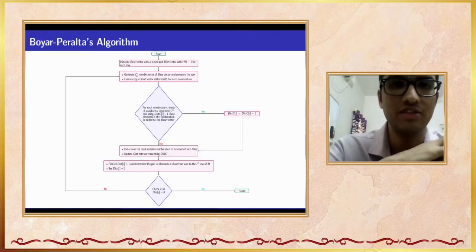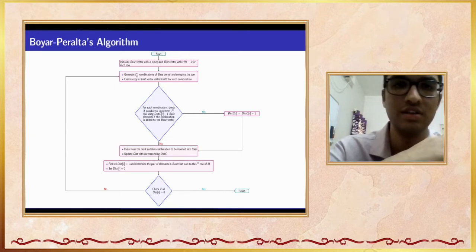Here, I'll be discussing the working of the BP algorithm. The BP algorithm is an iterative algorithm whose global state is maintained by two vectors, known as the base vector and the distance vector or dist vector. For an n by n matrix, the base vector contains n elements which correspond to the n inputs, and the dist vector contains n elements, where each element is the Hamming weight of the rows minus 1. For example, if we consider the previous 5 by 5 matrix, the base vector would contain 5 elements, which are x0 to x4, and the distance vector would similarly contain 5 elements, where each element is the Hamming weight of the rows in the matrix minus 1. So we can observe here that initially, the sum of the elements of the distance vector corresponds to the dxor count of the matrix.